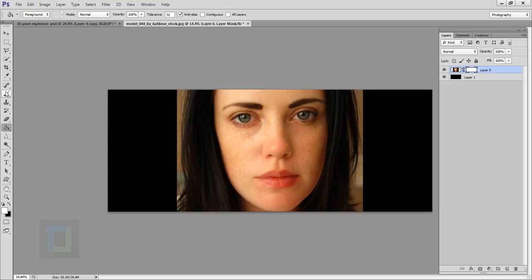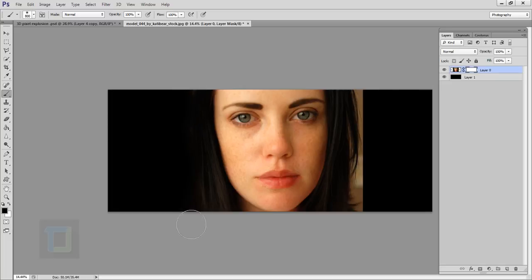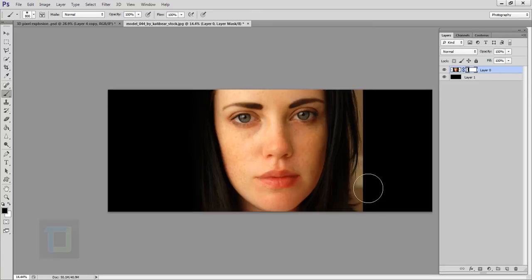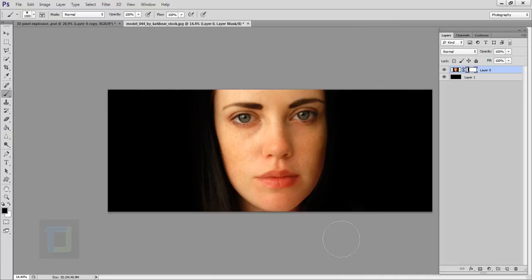Now what we're basically gonna do is erase the unnecessary part. Now in layer mask, you have to paint with black color to erase something. So as you can see, and now I'm gonna erase it. And as you can see, my brush is really soft. So if you look here, hardness is 0%. And I'm gonna erase it from this side too. From this side, I'm gonna erase it until I reach her face. As you can see, I don't want any kind of hair,